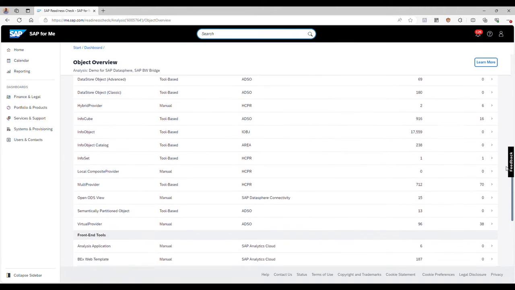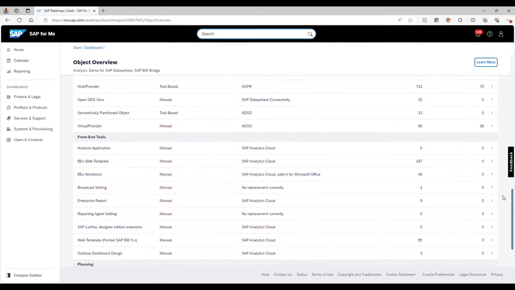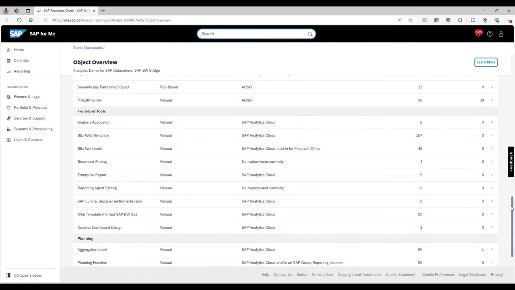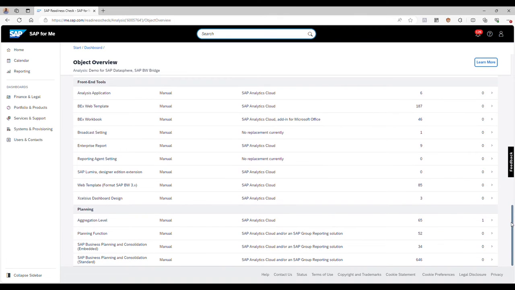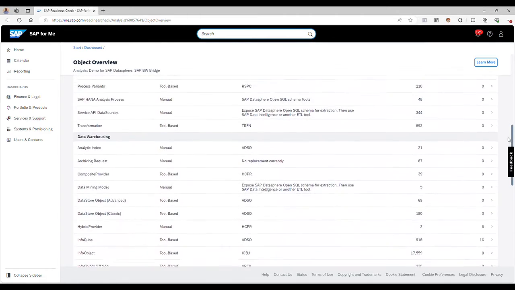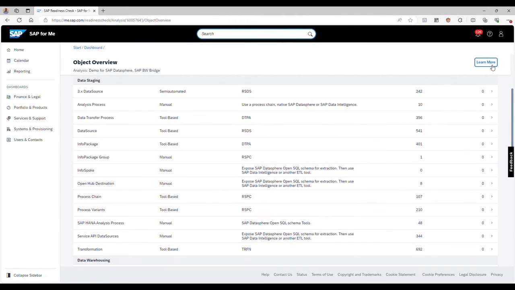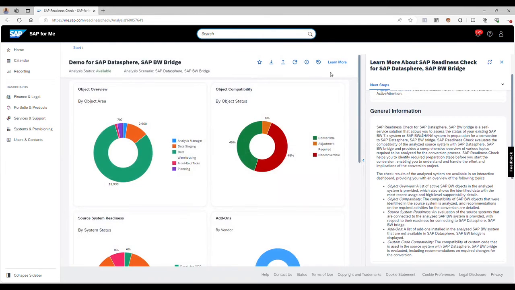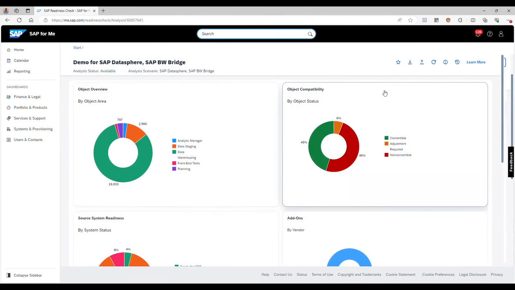I'll scroll through here so you can even see the front end side, looking at the BEx objects mostly, but some other types of objects as well. And then the planning execution statistics on the bottom here. Like on the landing page, there is a learn more button, and it'll show you an explanation about this specific tile that we're in for the output. If we go back to the dashboard, close my learn more,